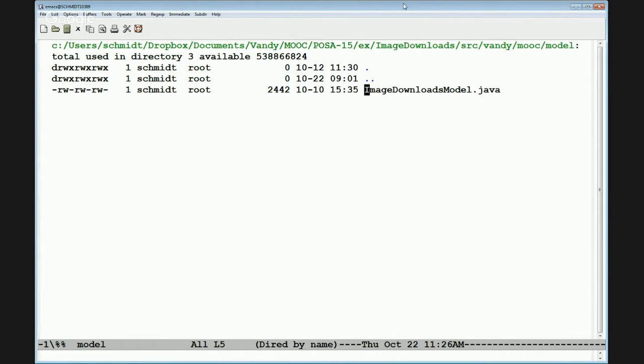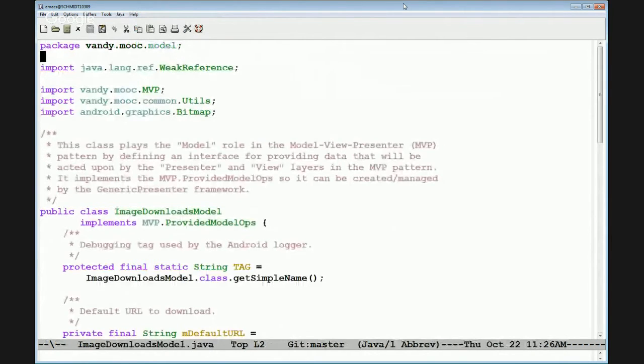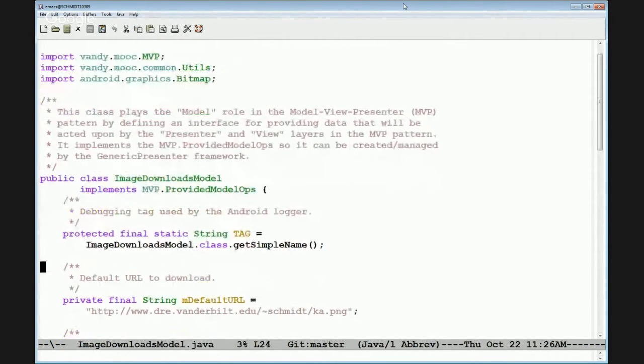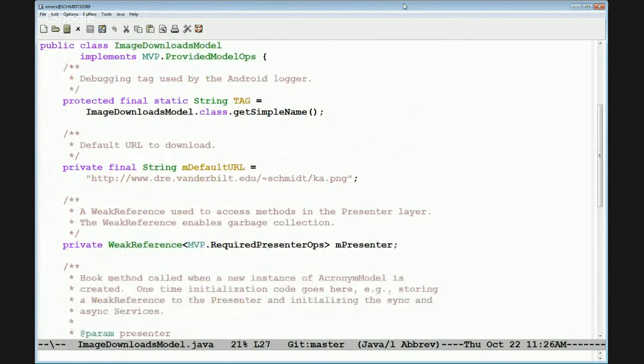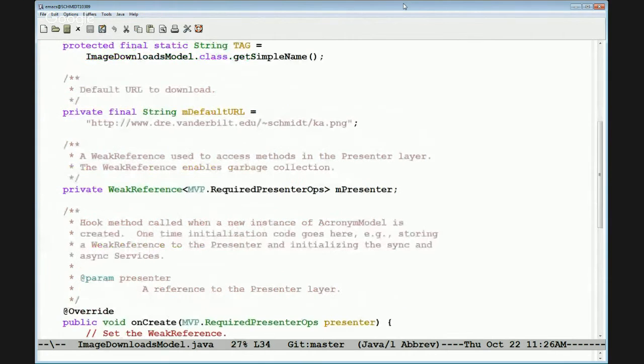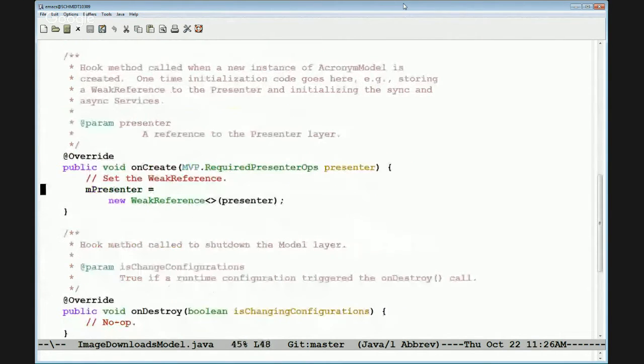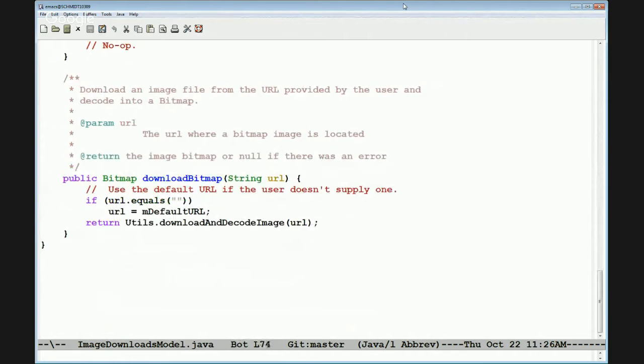So we have image downloads model. This implements the model interface, and it has a default URL that it'll download if you don't give it one, if you don't override it by the edit text window. We keep a weak reference back to the presenter, and that allows us to be able to do various things if we need to. We have an onCreate method that sets that weak reference, and then here's the download bitmap